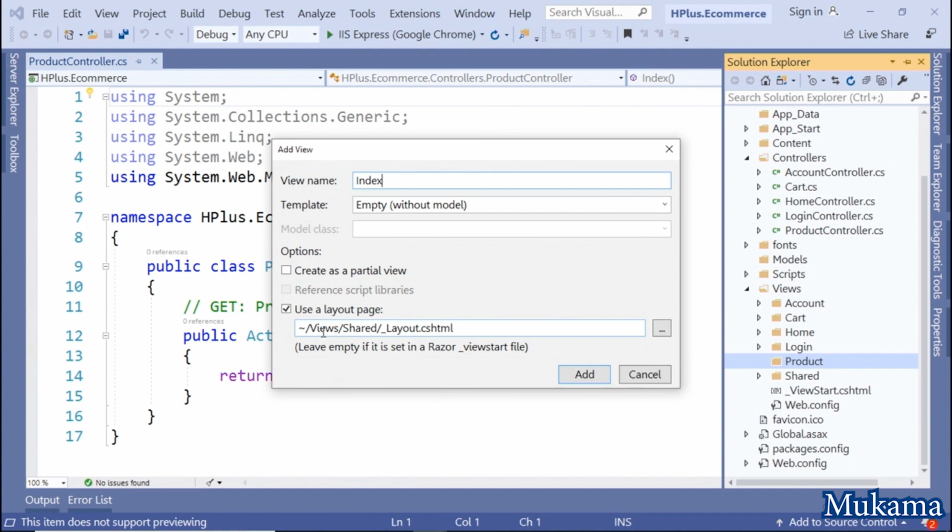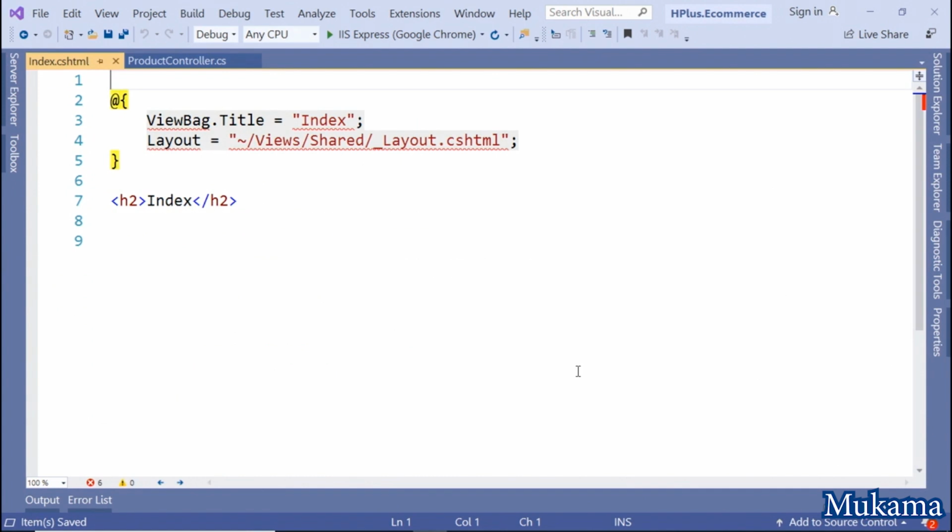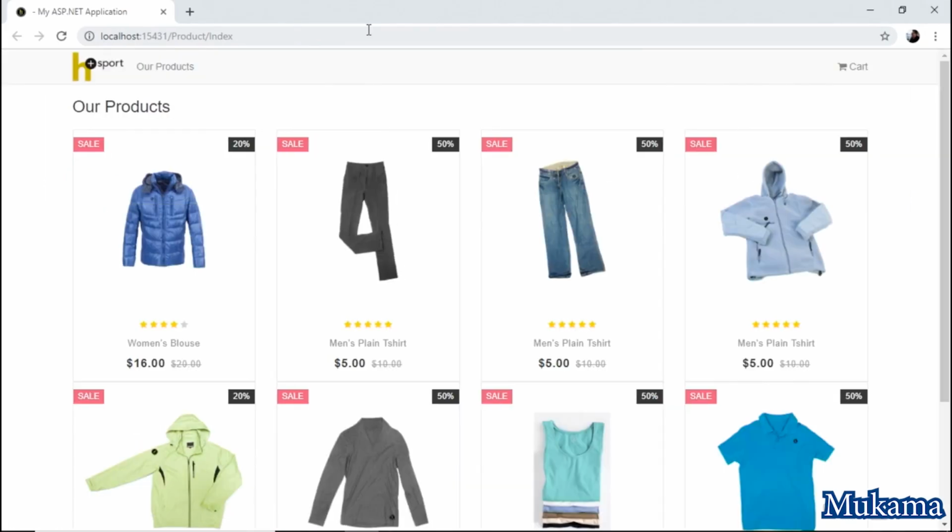And then it's called _layout.cshtml. That is in fact the view that I updated. Visual Studio now created a simple view for us. We will look more into the details of this coming up. But for now, I'm just going to remove the contents of this view and replace it with something that I added to this folder. If I run this application now, notice that Chrome opens to the correct path for this